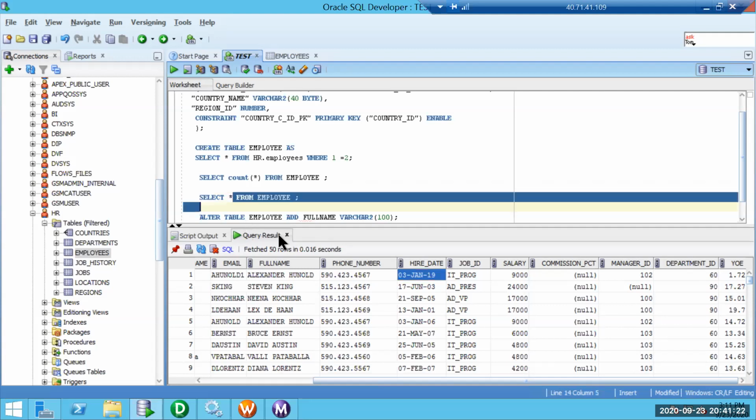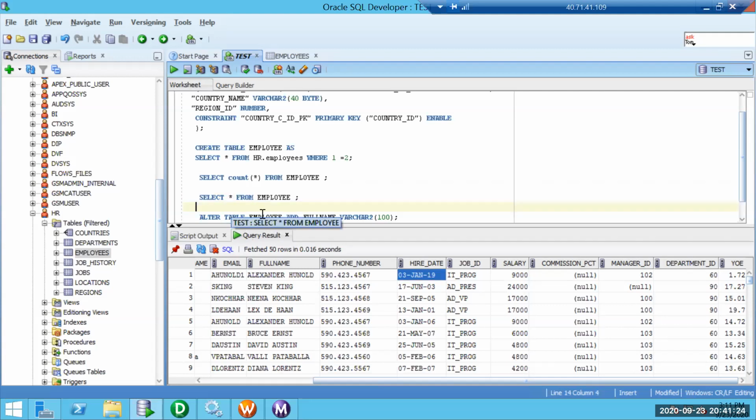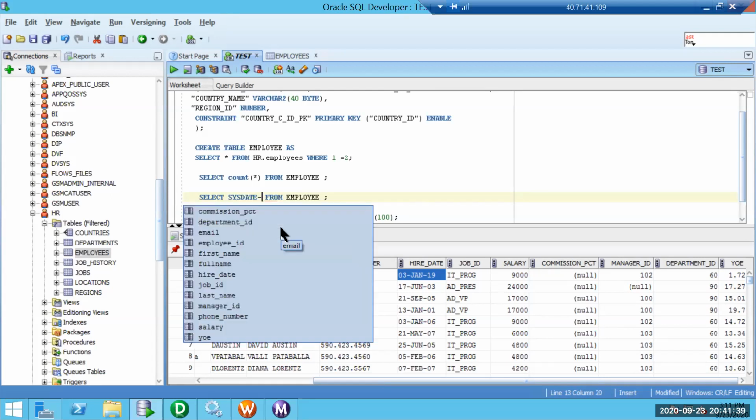The same thing we can do here also. This date minus hire date.